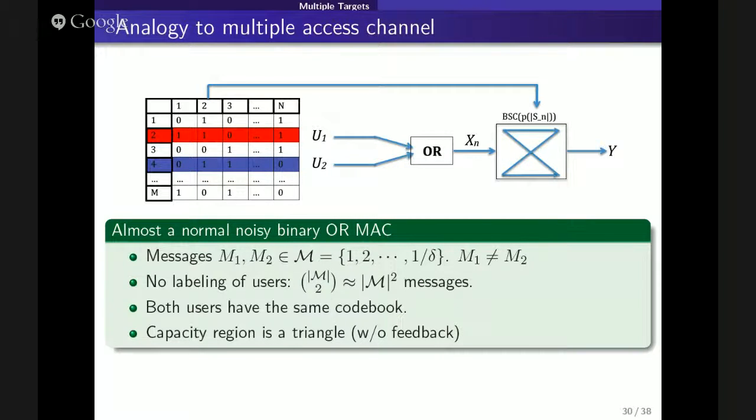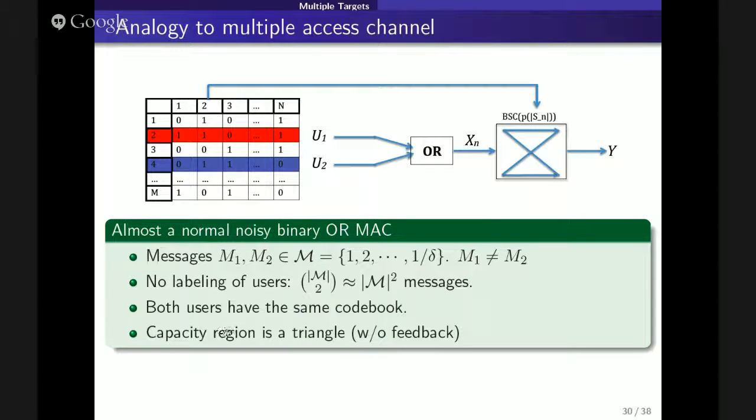Right? You need just 1 bit to label the 2, which sends, say, the smaller number of messages. So there's very little information in this, so we don't lose anything in this sense. The main difference between MAC and our problem, our view of the problem, is that all users have the same code. But it turns out that in a MAC, as long as you use random coding, this constraint doesn't reduce the rate region.